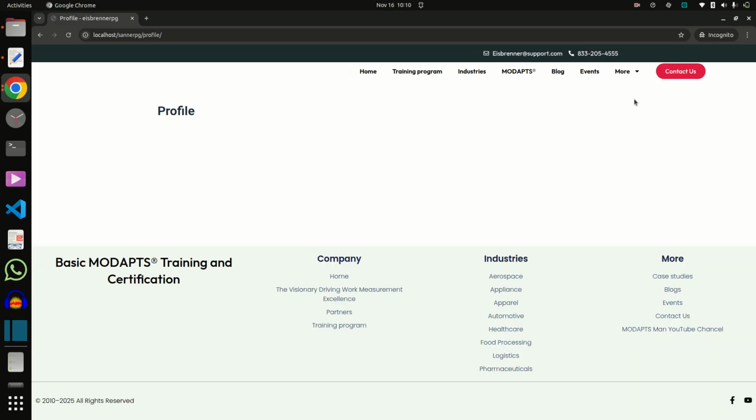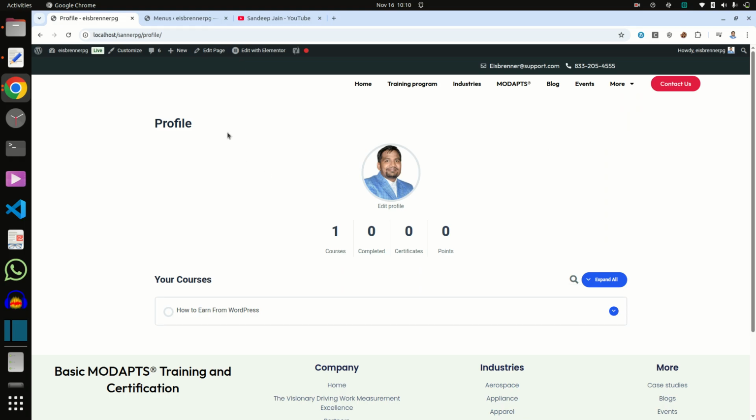Here you can see there is no option for a logged out user. Now I am adding a profile page and my account page after More, for logged in users only.